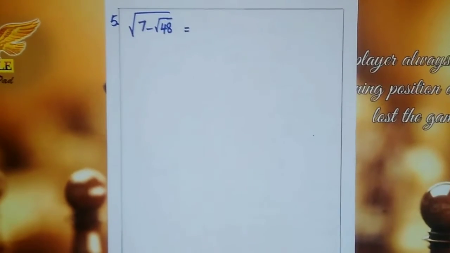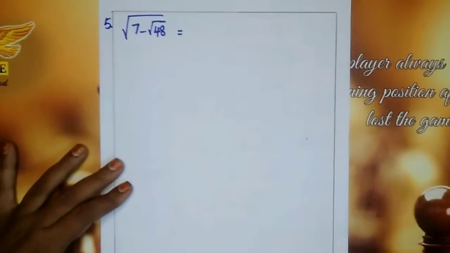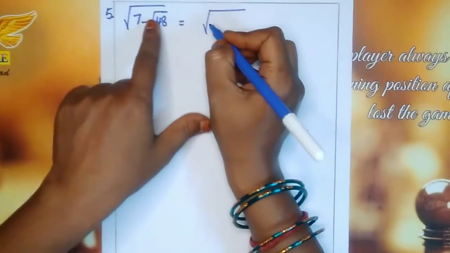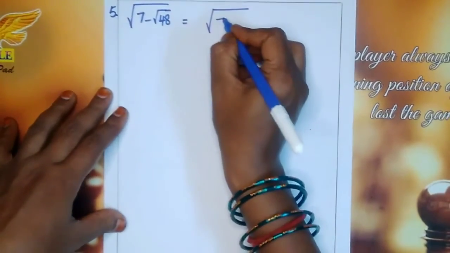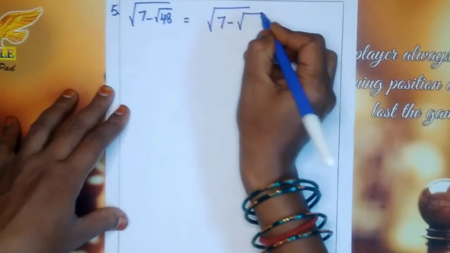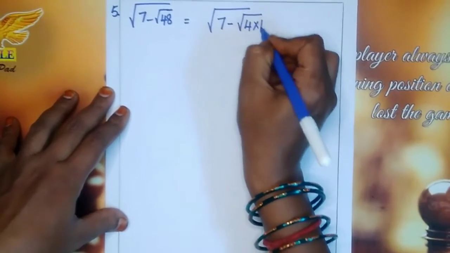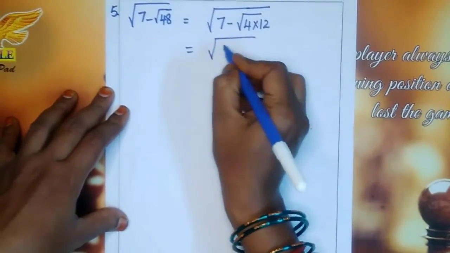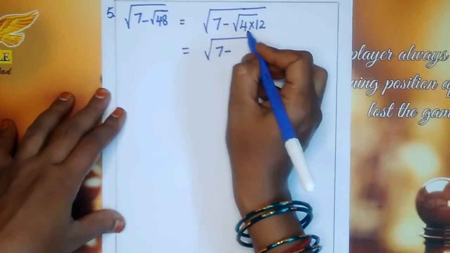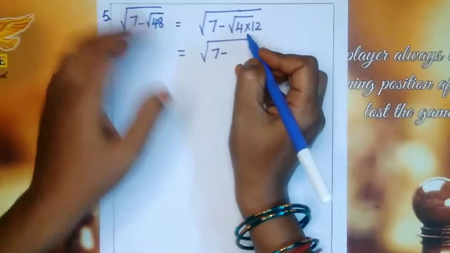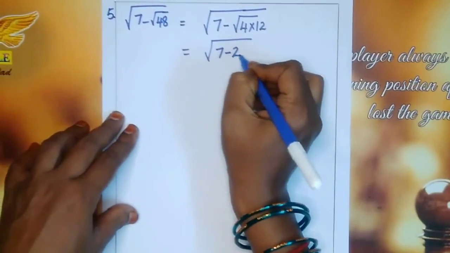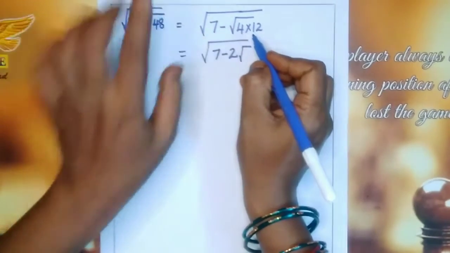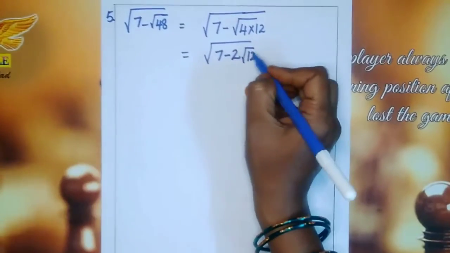Now square root of 7 minus root 48. So how to write? This is also we have to compulsorily arrange 2 before this inner square root. So how to arrange? This 48 I am splitting like 4 into 12. 4 12s are 48, no? So I split it like that. Now 7 minus 4 will come outside. Any number when you are bringing from square root to outside, this 4 becomes 2 now. That means square number. We are finding square root for this 4. It becomes 2.